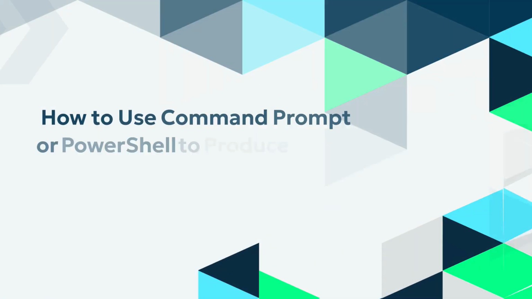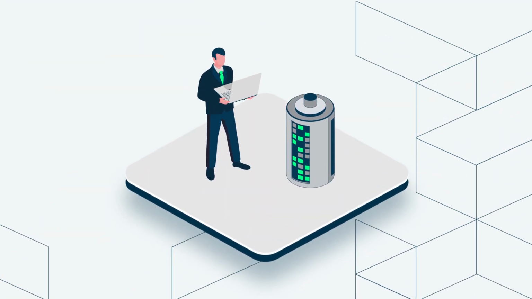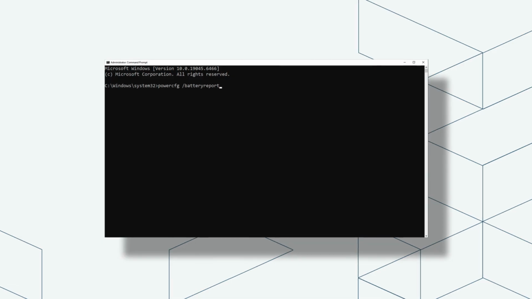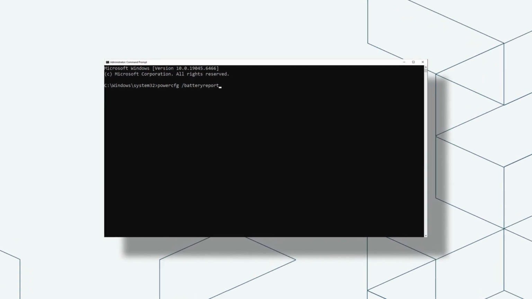How to use Command Prompt or PowerShell to produce a battery energy estimation report. You can request such a report easily by following these steps. First, access Command Prompt or PowerShell as an administrator and use the following PowerCFG commands: